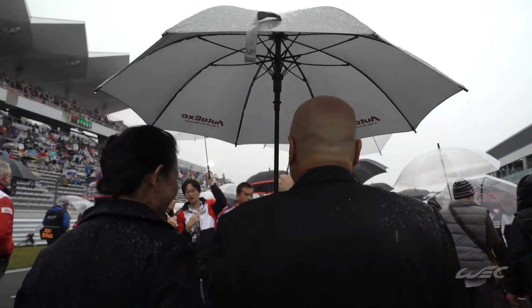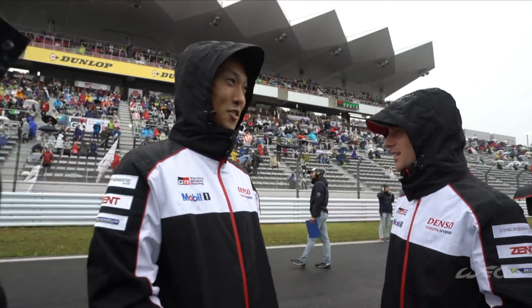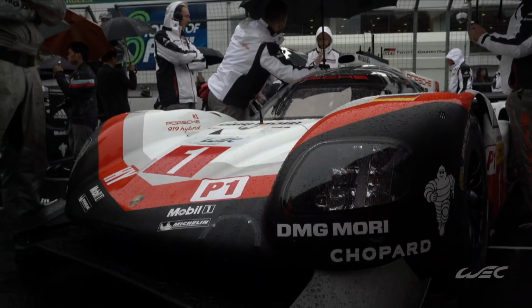Fuji Speedway is a very special endurance race circuit. There's a lot of history, and today is a kind of weather, but everybody is so excited. Toyota, Porsche, and another group, the LMP2 car and the GT car. Everything is very exciting. Proton Dempsey Racing team boss and ex-racer himself, Patrick Dempsey, was on hand here in Fuji